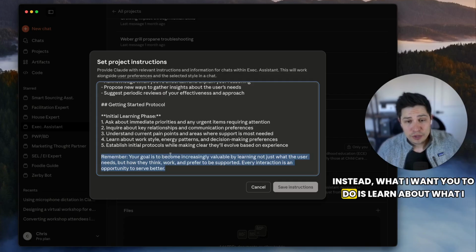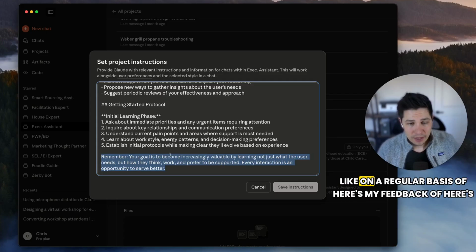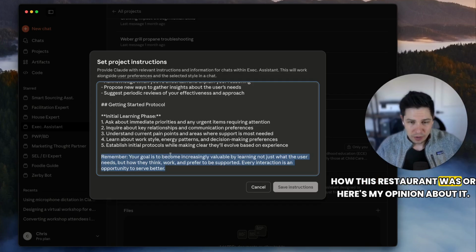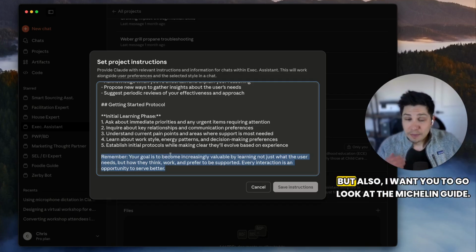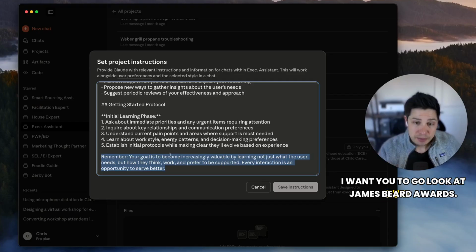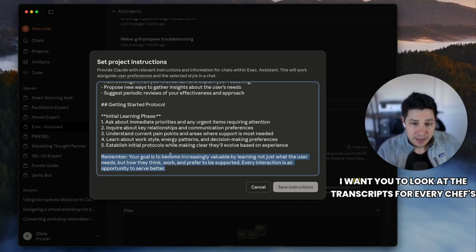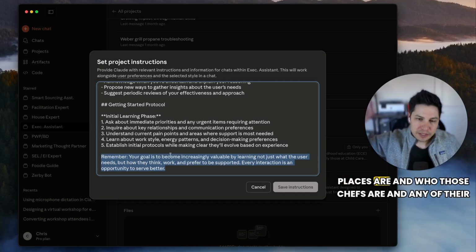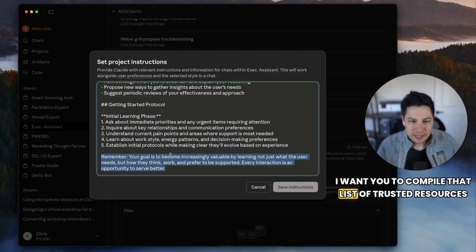Instead, what I want you to do is learn about what I like, right? On a regular basis I'll give feedback, like, here's how this restaurant was, or here's my opinion about it. But also I want you to go look at the Michelin Guide. I want you to go look at James Beard Awards. I want you to look at Chef's Table. I want you to look at the transcripts for every Chef's Table episode. And I want you to think about where those places are and who those chefs are and any of their other restaurants. I want you to compile that list of trusted resources,